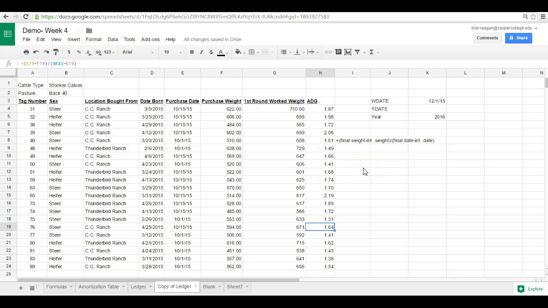So I hope this helps and clarifies question 4 on the homework for week 4. You're going to have to input these several dates, or these several stationary amounts. So just put them all to the side, and then whenever you go to cell referencing, make sure you lock in the cell that you want to stay the same, and you should be able to complete question 4 without any trouble. If anybody else has any questions, or needs me to clarify anything or make another short video,